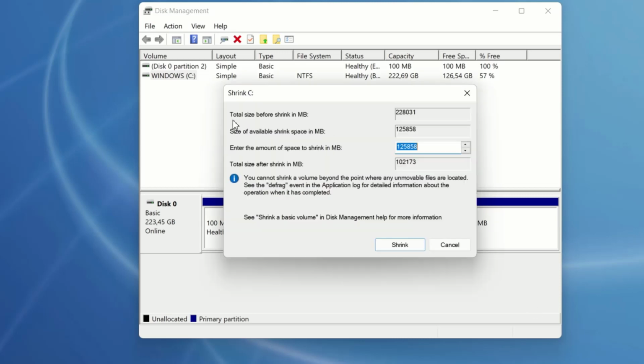Here you can see the total size before shrink in MB. Size of available shrink space in MB. So this is the total shrinkable size in MB. And also you have the option to enter the amount of space to shrink in MB. Because I will create a new partition of 75 GB, I will type in this field 75,000 megabytes.